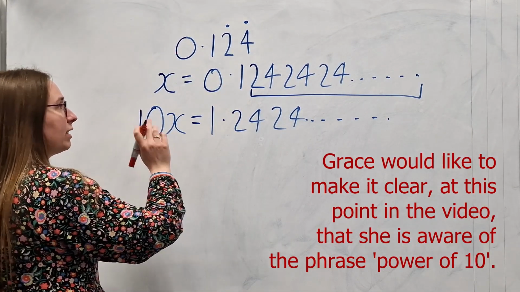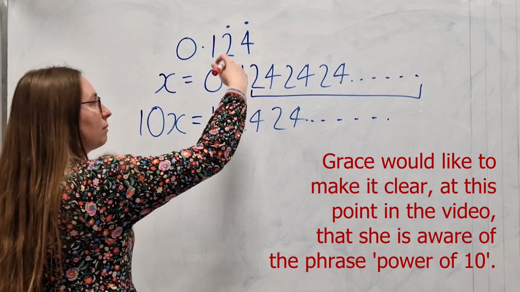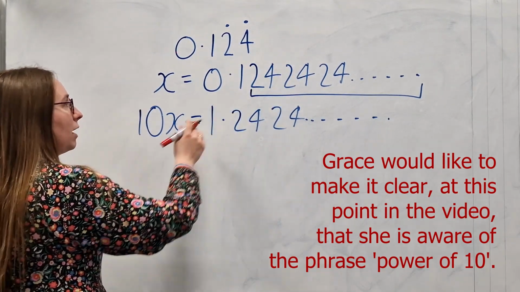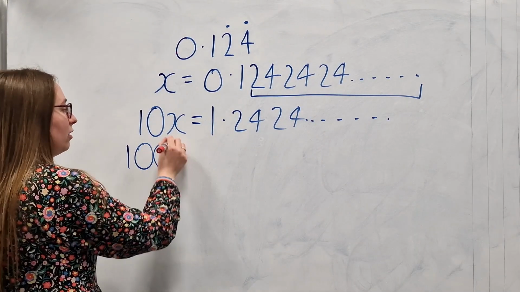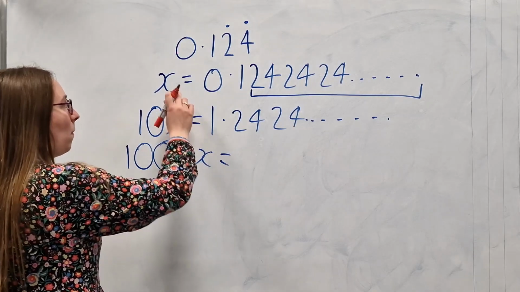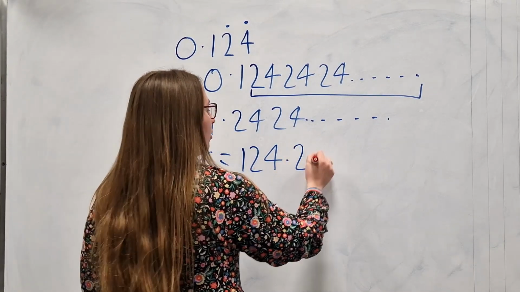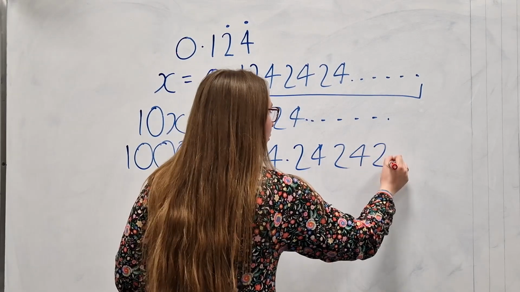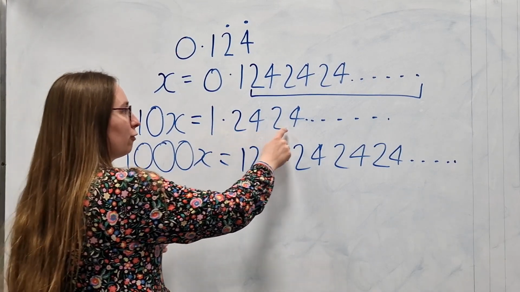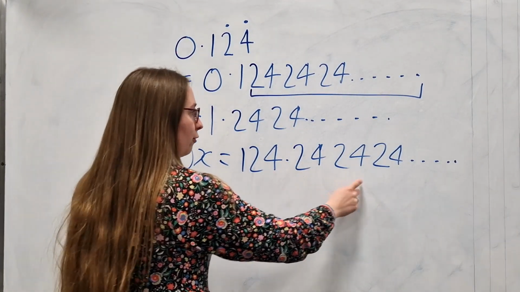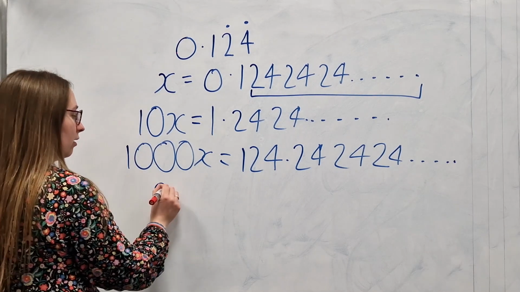So I now think, how can I multiply this by another factor of 10 in order to get 242424 isolated? If I times this by 1,000, so 1,000x is equal to 124.242424, etc. And you can see here, after the decimal point, you've got 242424. After the decimal point, you've got 242424. So what we can do is, if we do 1,000x take away 10x, that will give us